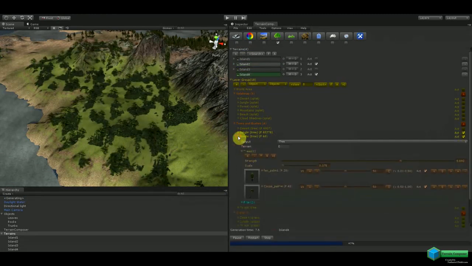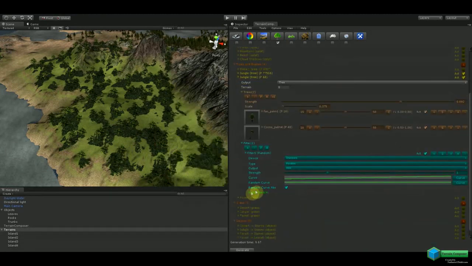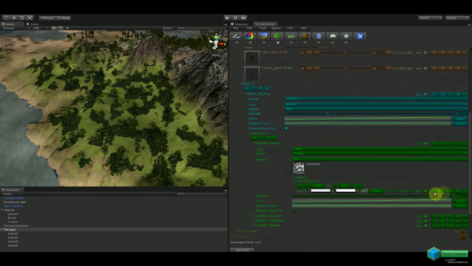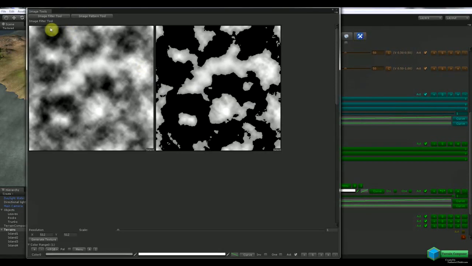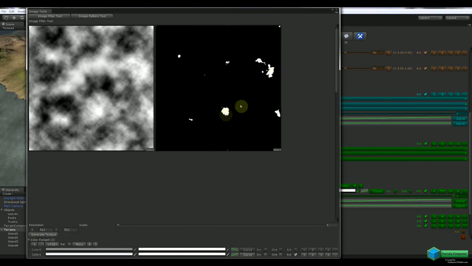You can create as many layers as you want. I want these trees in the middle. That's what I selected over here. And the subfilter. So let's show that in the pattern tool. I copy that one here and over here, and we activate that and generate, and you will see that in the center spots,